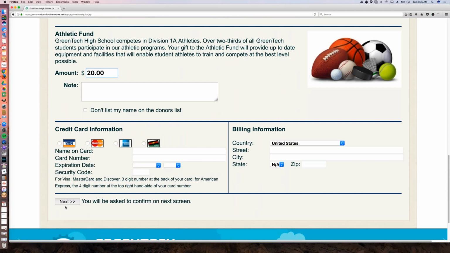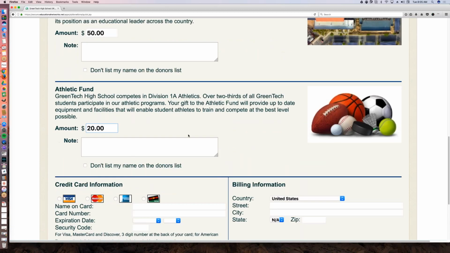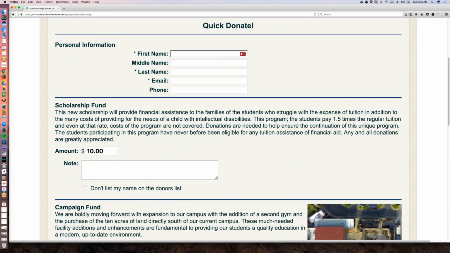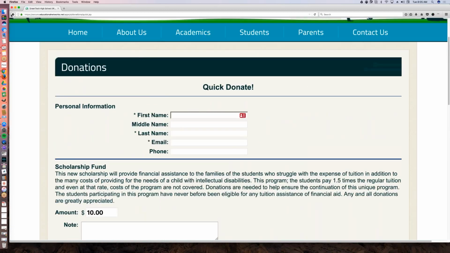And then when they hit next, they'll go to an order confirmation screen, okay? And it'll ask them to confirm their donation, and then they hit submit, and then boom, it runs through the credit card processor, okay? So that's Quick Donate. It's a fast, easy way to collect one-time donations. So I'm going to go back,